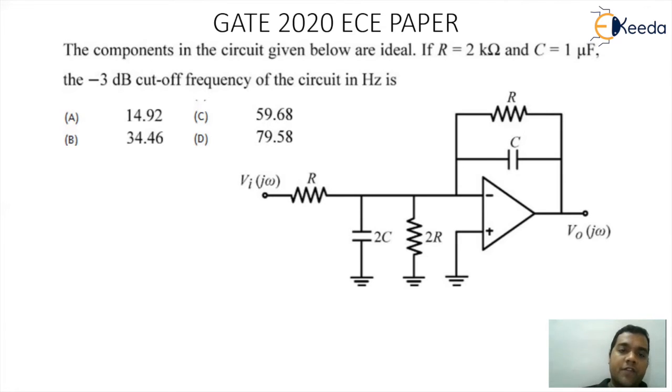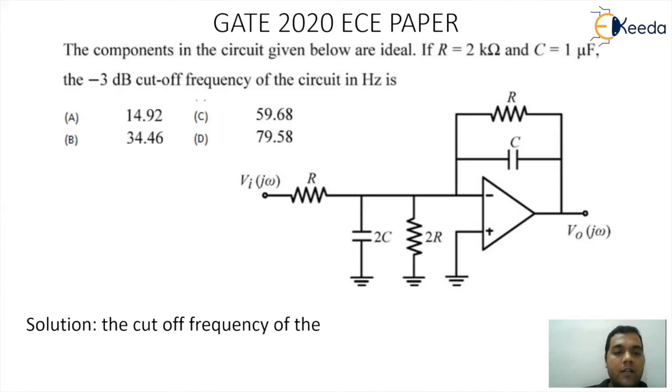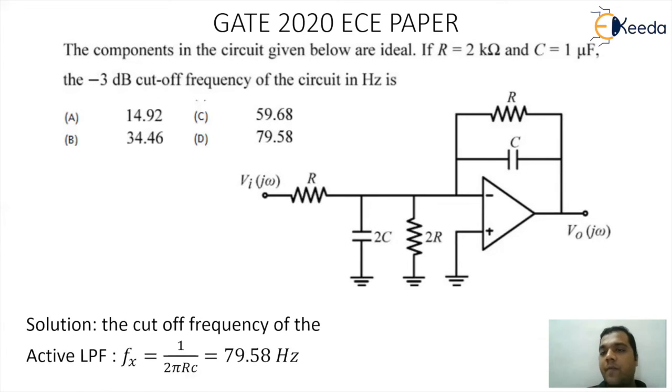If your observation is very sharp, you can see the op-amp carefully. The input is connected via a network and there is a feedback element also, which is a composition of R and C. At the input, you can see R, 2C and 2R, and in the feedback section, you can see R and C. Whenever we have discussed the cutoff frequency, it is normally controlled by the capacitor and resistor of the feedback element. That's the reason the cutoff frequency can be taken as Fx, which will be 1 by 2 pi RC, because the feedback element has one resistor of value R and a capacitor of value C.